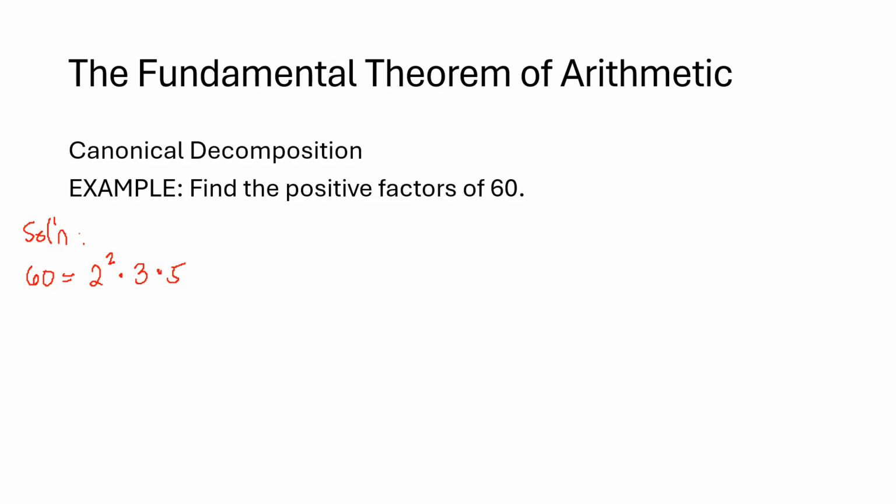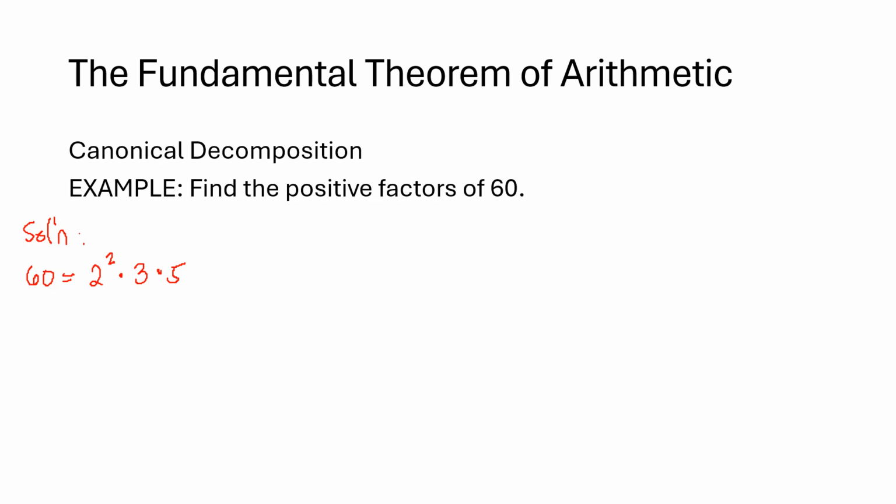Okay, by the fundamental theorem of arithmetic, every factor of 60 is of the form 2 raised to a times 3 raised to b times 5 raised to c, where a is greater than or equal to 0 but less than or equal to 2, and b is greater than or equal to 0 and less than or equal to 1, and c also is less than or equal to 1. Okay,